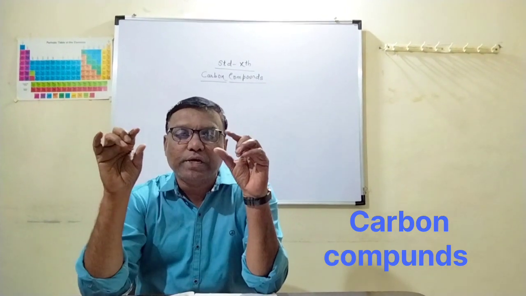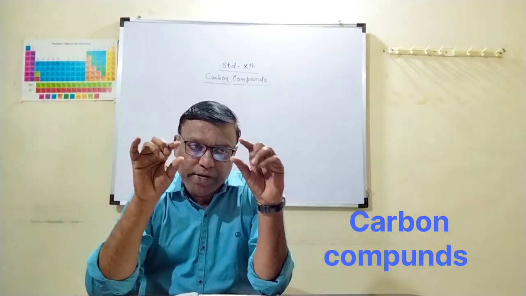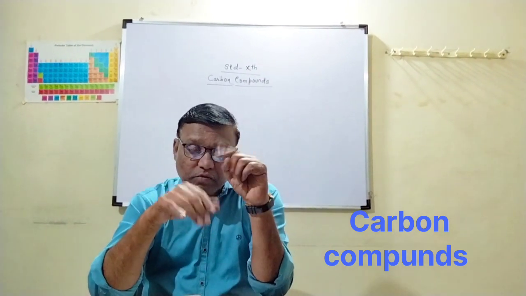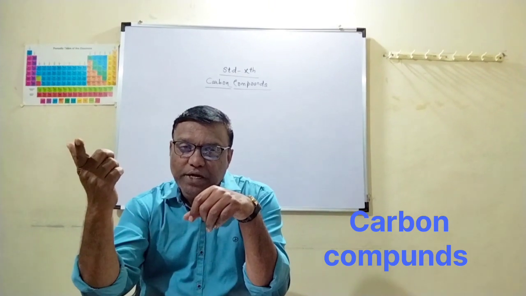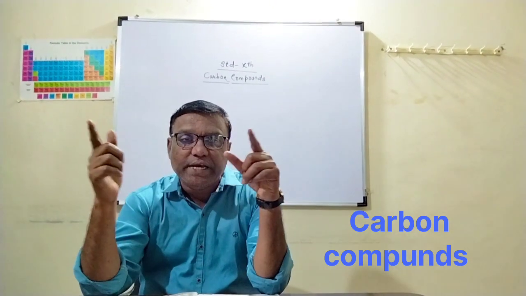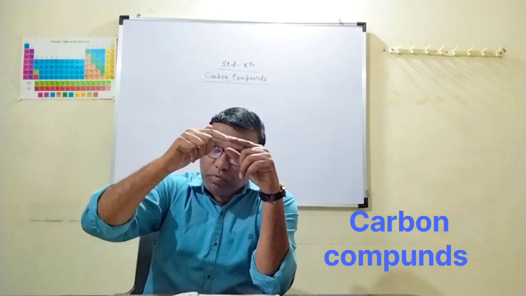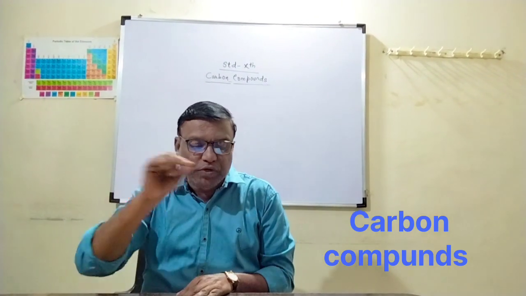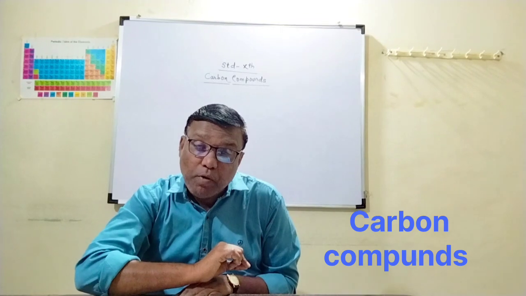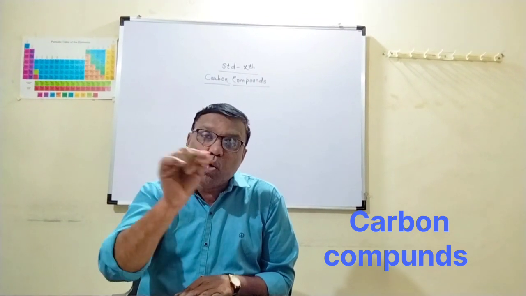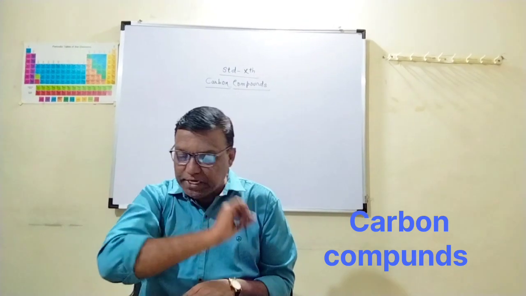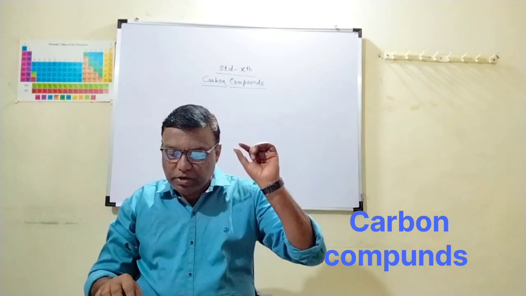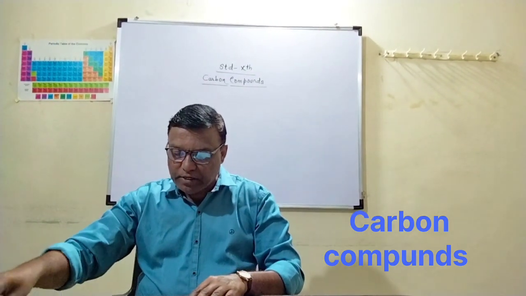If you consider two atoms of hydrogen, one atom of hydrogen having one electron, another atom of hydrogen having one electron, by sharing of two electrons, one chemical bond is formed. That is called a covalent bond. This we have to understand. In case of carbon compounds, covalent type of bonds are present. I will show you on the board how the bond between two hydrogen atoms is formed.